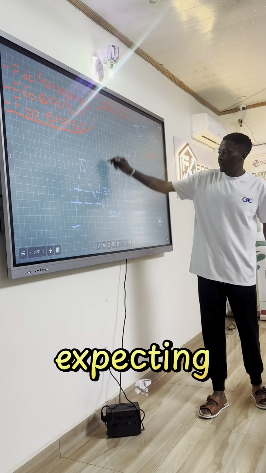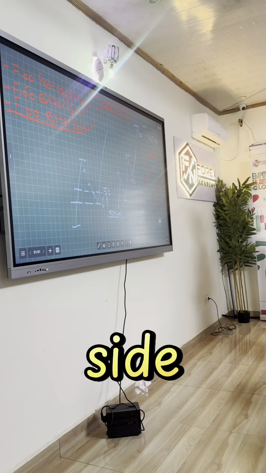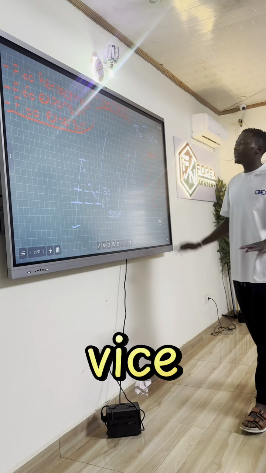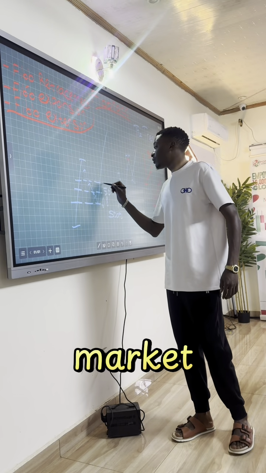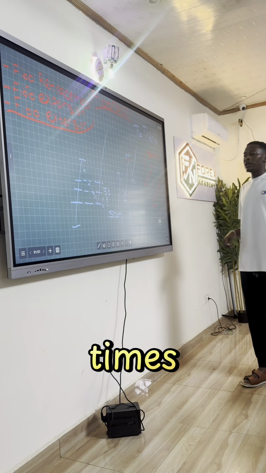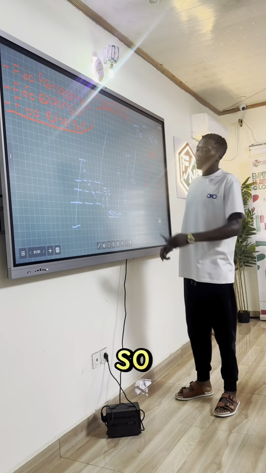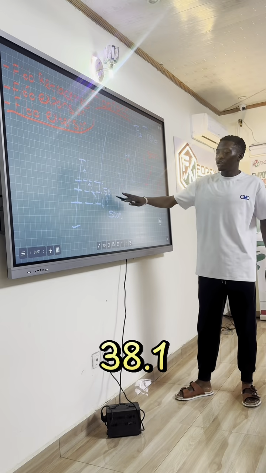trade expecting the upside. So that's for the bullish side, and for the bearish side it's just vice versa, the opposite version. So we have our 38.2. Sometimes the market will get to 38.2 and sometimes, but then I can say 70% of the times it gets to 61.8. So if you are not really skilled in trading, looking for the 38.2 and the 50% is not